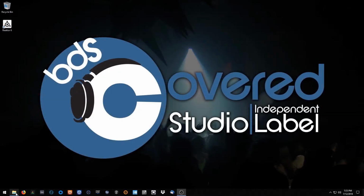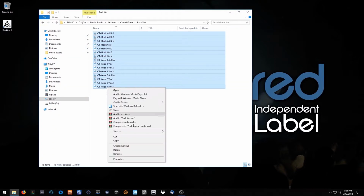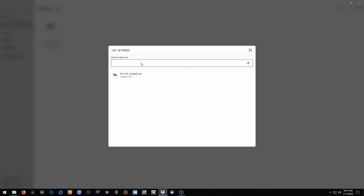Once everything has been exported correctly, bdsCovered has a few standards for submitting your trackouts. First, zip all your trackouts in a single file. Be sure to label your zip file with the artist name, song title, the BPM, the bit depth, and sample rate that you used. Upload your file to Dropbox or a similar app and share it to the email provided by